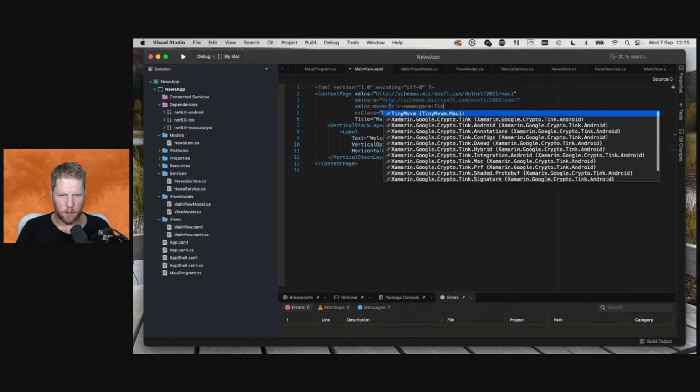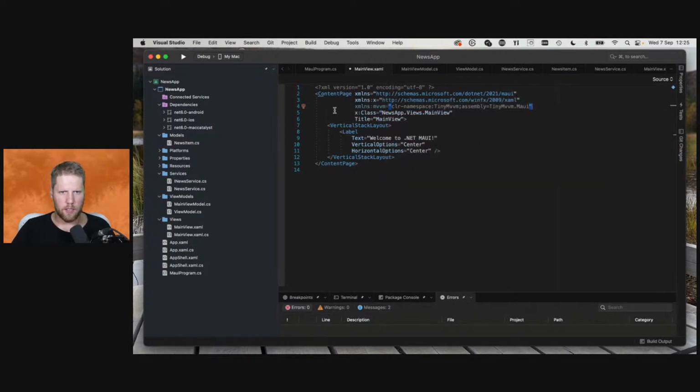Namespace. And we need to do this even if we are using global using, because global usings only work in the C# code, not in XAML. So mvvm and then tiny